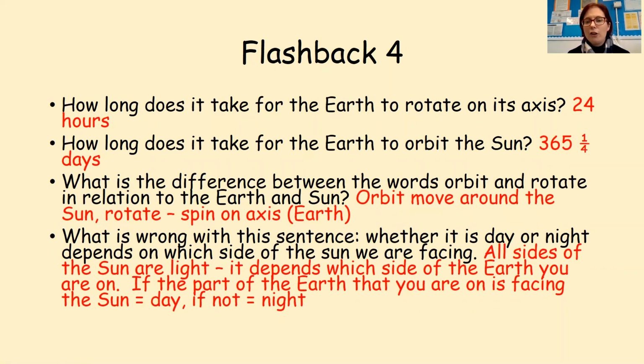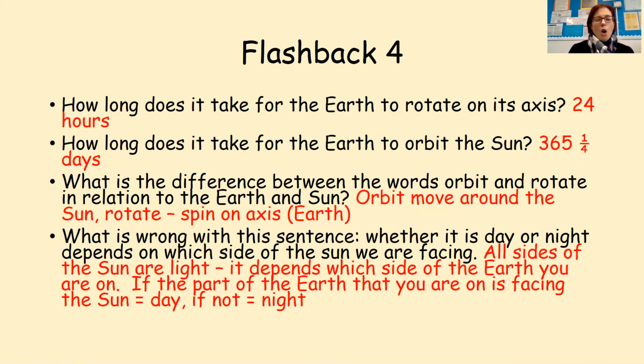How long does it take for the Earth to rotate on its axis? Well, you've got the Earth here and it's rotating on its axis once every 24 hours. That's a day and a night. How long does it take for the Earth to orbit the sun? So that's the Earth moving all the way around the sun, which is 365¼ days, or we might say a